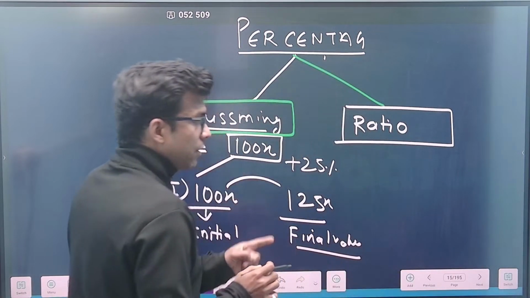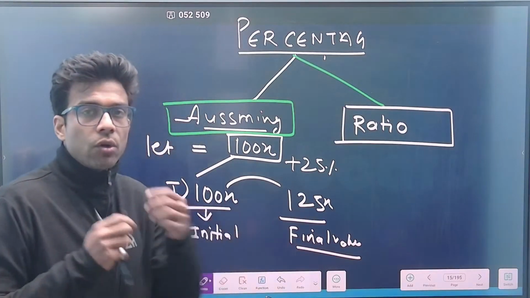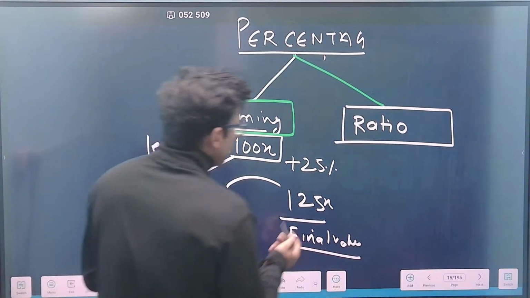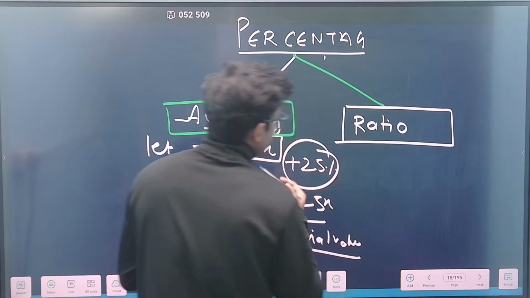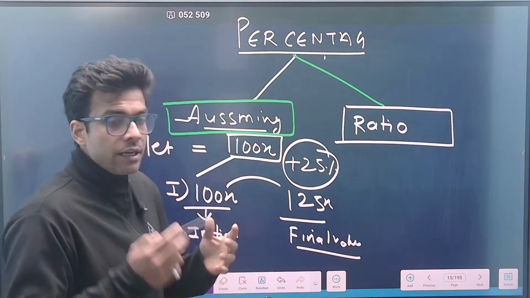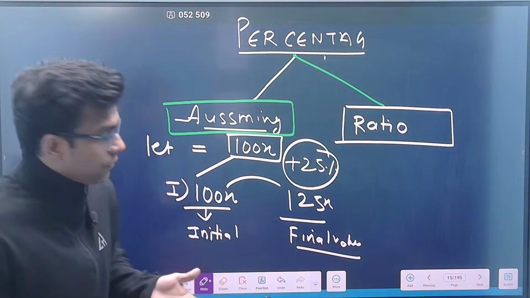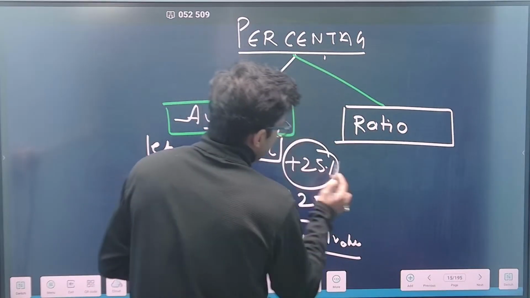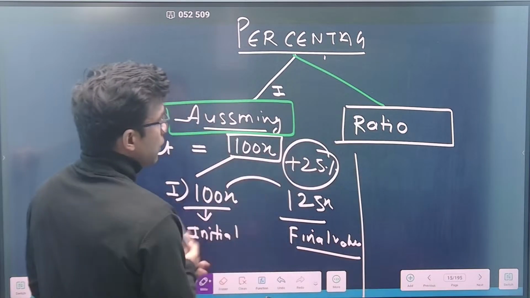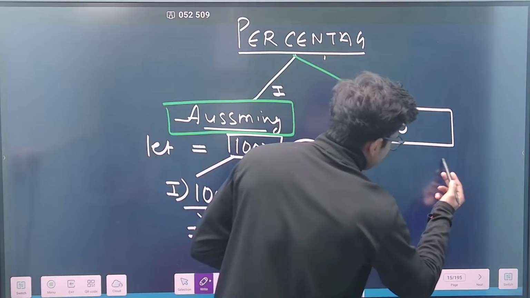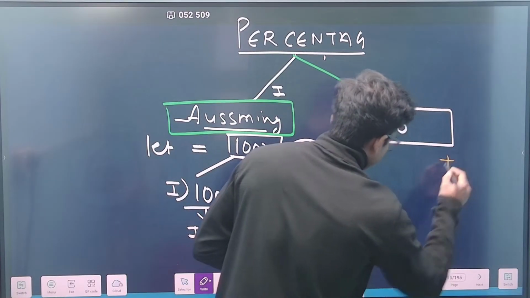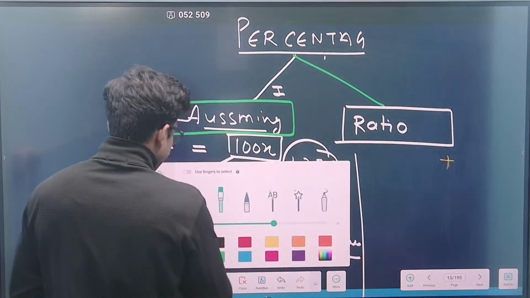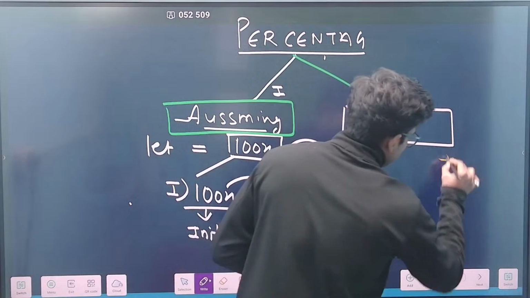For that you need a good vision of how to convert the percentage into ratio form, or into fraction form. Same question: this is method number 1 and I'll guide you through method number 2 here. If I say that anything is increased by 25%,